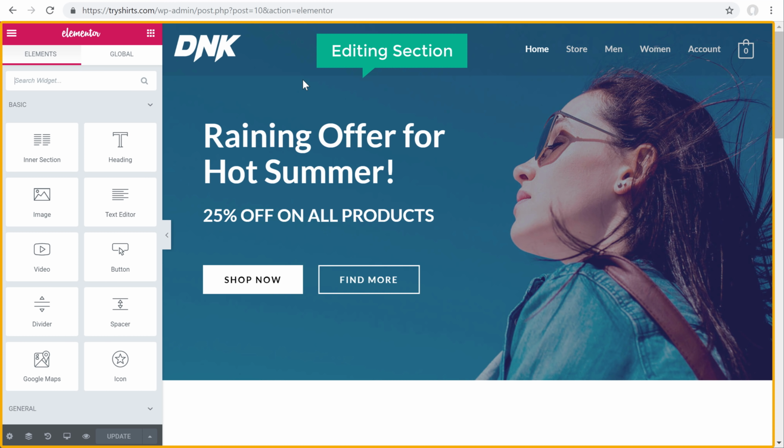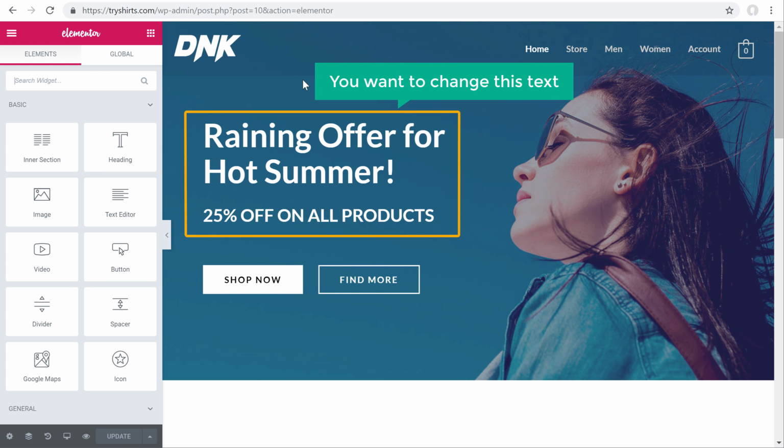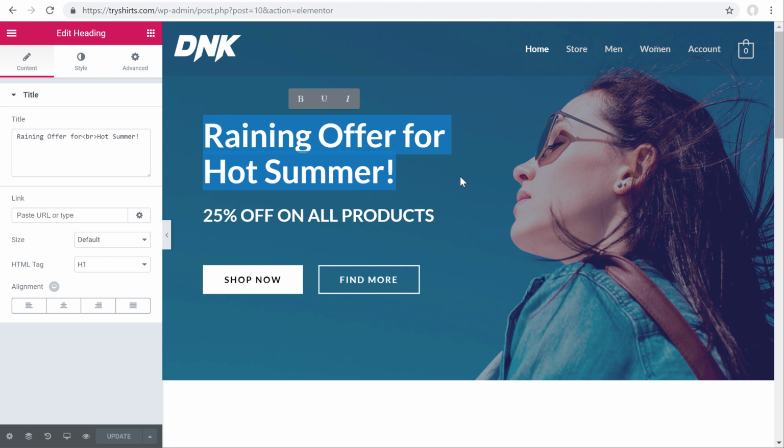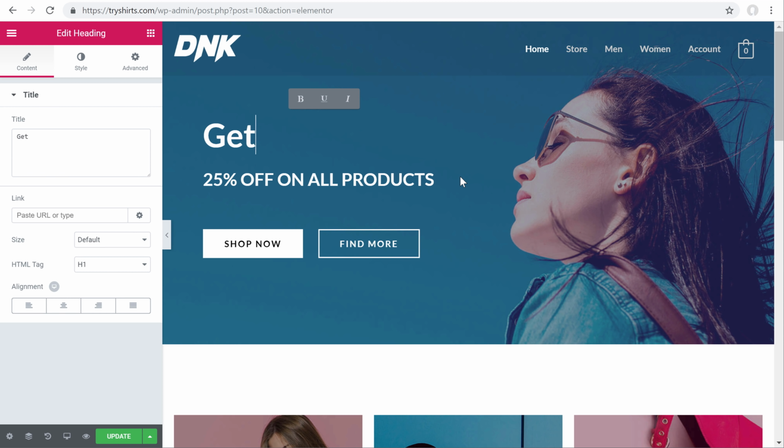And now it'll take you to this editing section. Now let's say you want to change this text. All you have to do is just select that text and then start typing anything you want. So I'm going to type get the best products